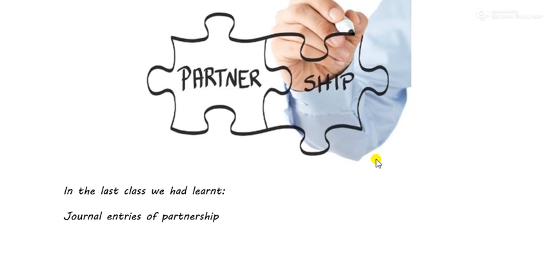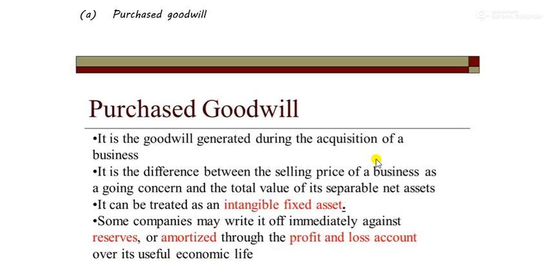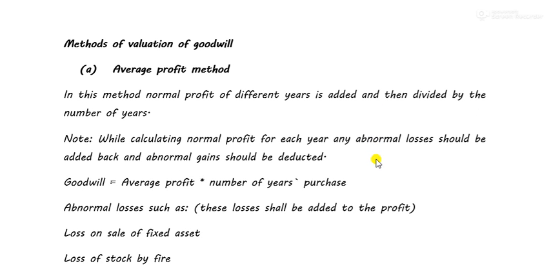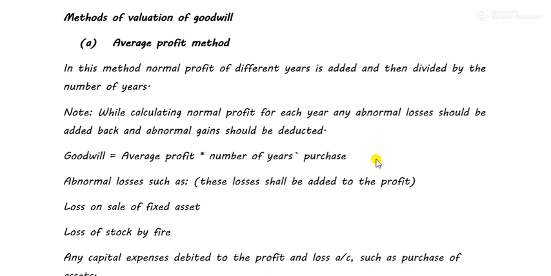So, in the last class, we had discussed goodwill, the types of goodwill, and why we calculate goodwill. Today we are going to discuss how we calculate goodwill. There are a total of four methods of calculating goodwill, of which 1 and 2 are very important, and 3 and 4 have less chance of coming in the exam, but they can come. Say a 40% chance, but it's a good chance.